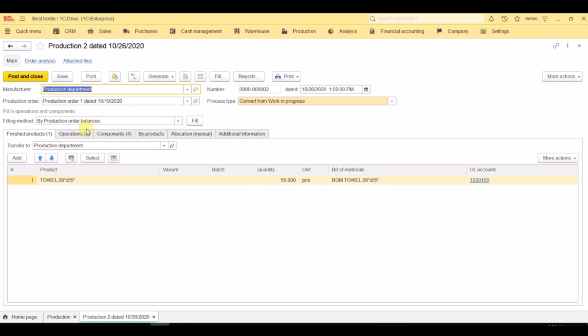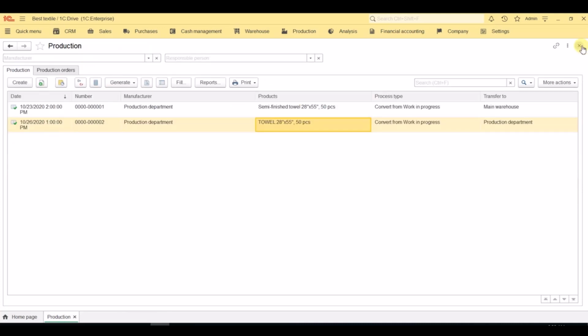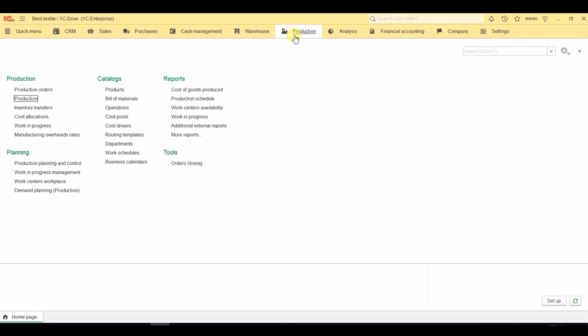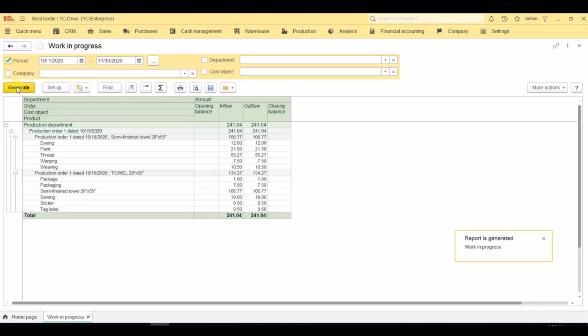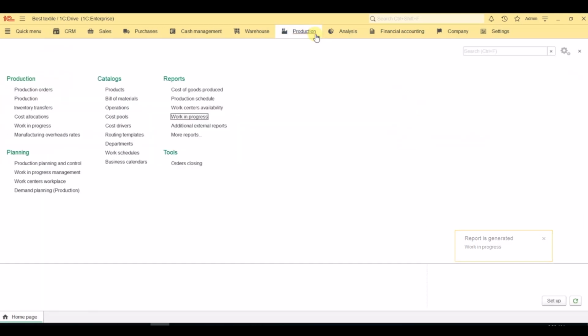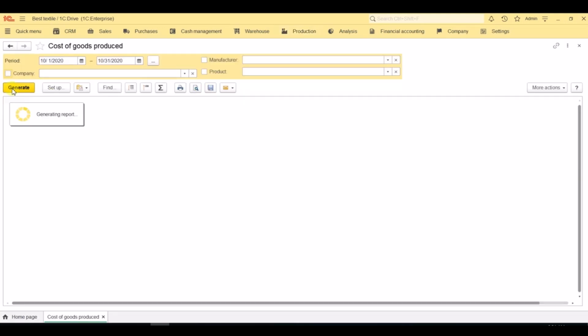The production document registers both the physical inventory and the production costs. To monitor the production cost, we can use work in progress report and cost of goods produced report.